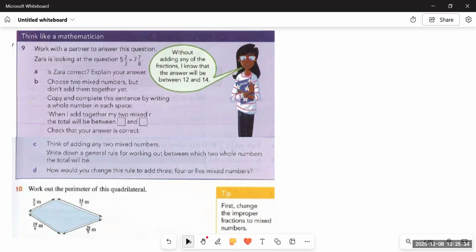So we have to choose two mixed numbers, but we do not have to add them, and copy and complete this sentence by writing a whole number in each space. When I add together my two mixed numbers, the total will be between